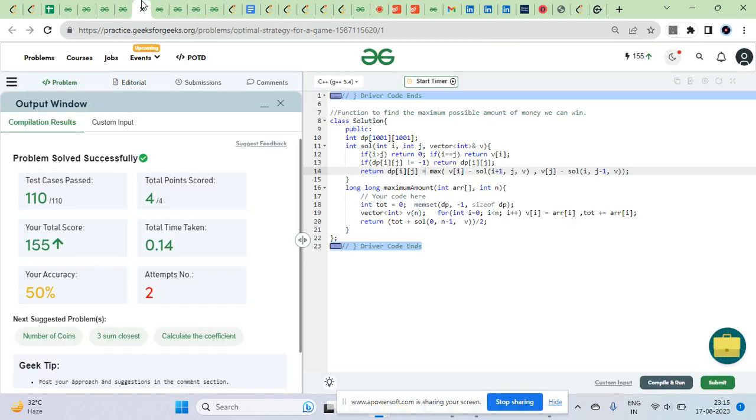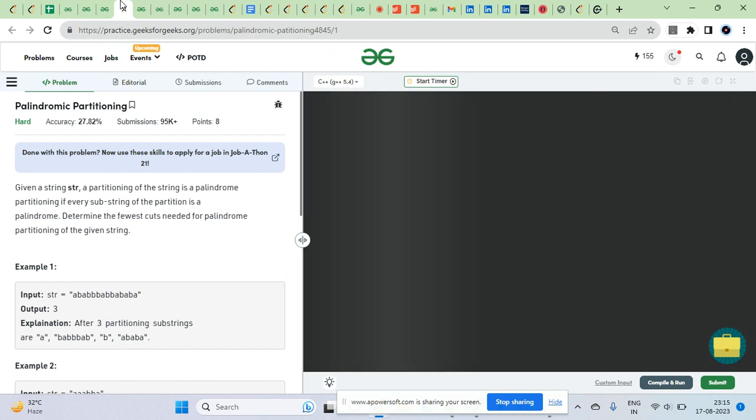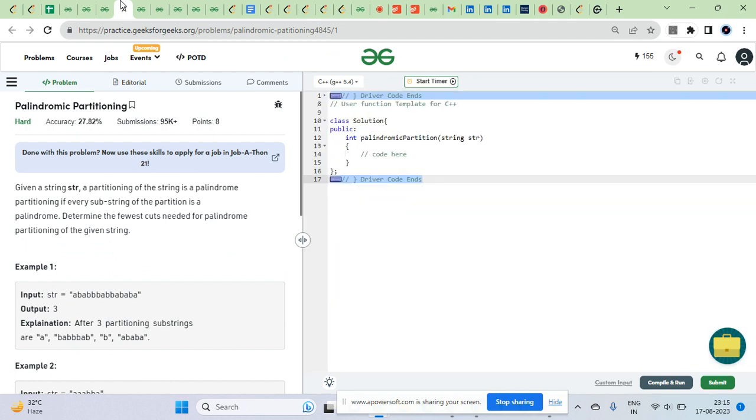Palindrome partitioning is again a kind of very serious DP problem. You have to return the minimum number of cuts needed for a palindrome partition, the minimum number of palindromes needed to partition this. So